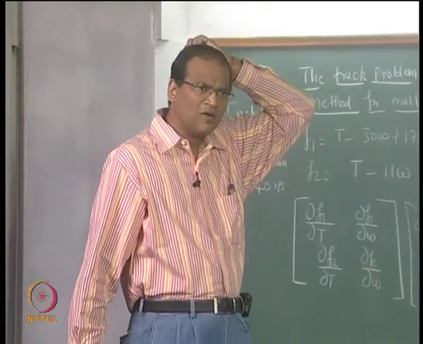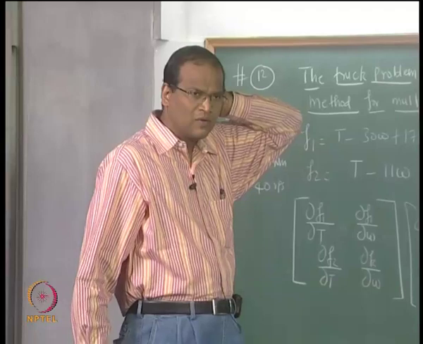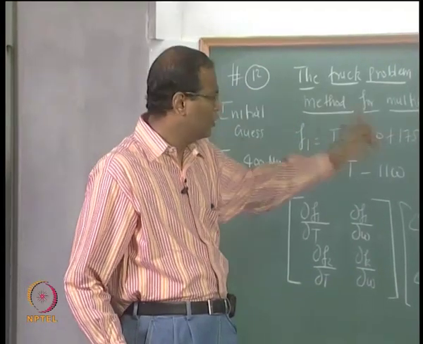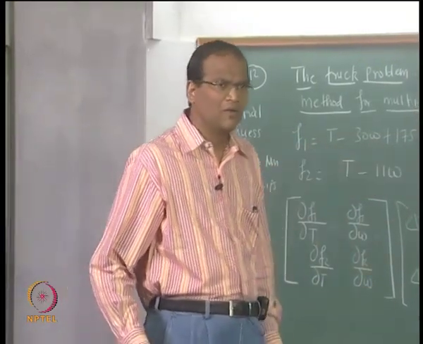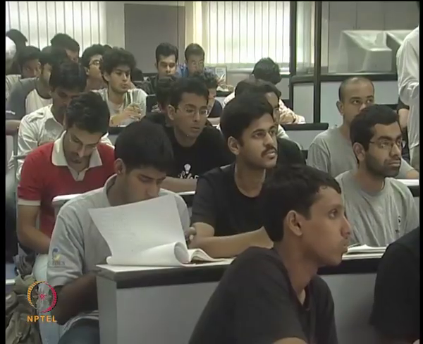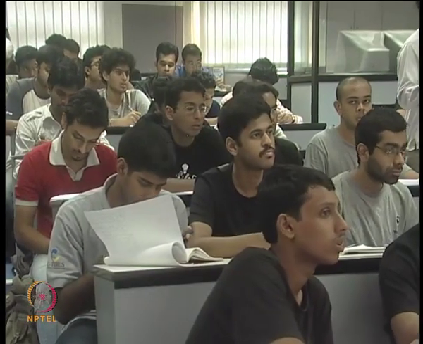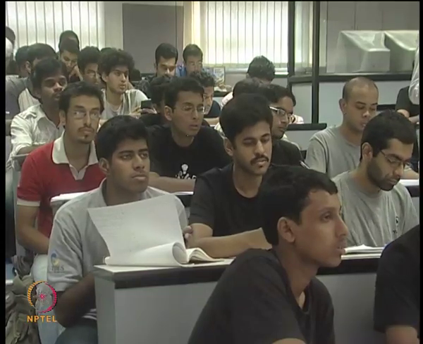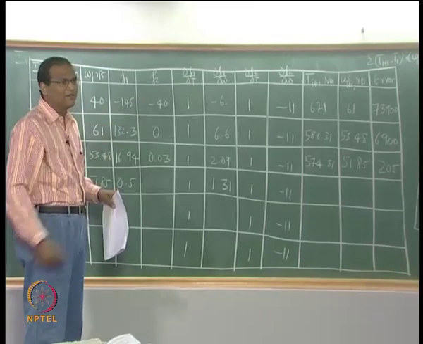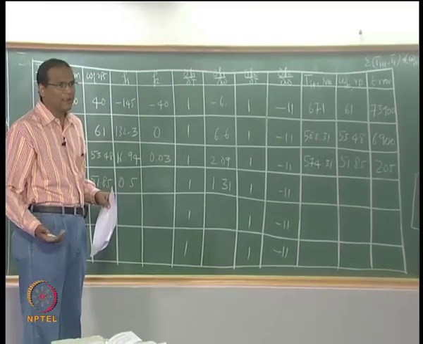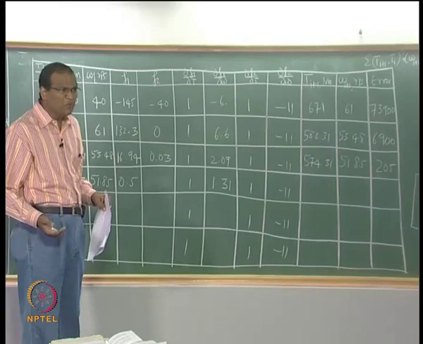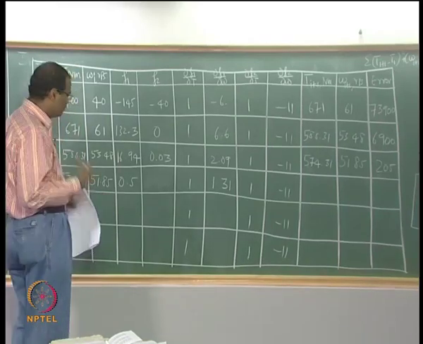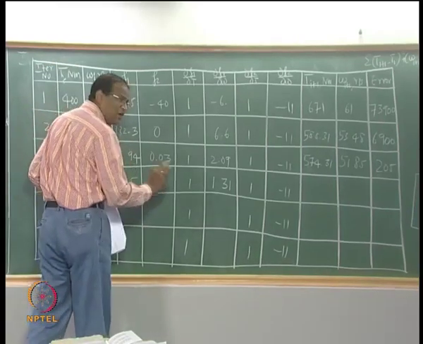Slight difference. The second one I'm getting slightly different. F2 I'm getting slightly different. You are not getting 574 and 51? No, I got that. F2 is slightly different. F2 I got 3.75. It's not 0.08, I think. I got 3.75. What are you getting? Parameshwar, Sampath? 0.02. Yes, sir. Minus 0.2 or 0.2?